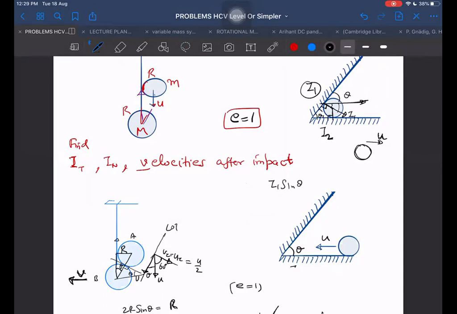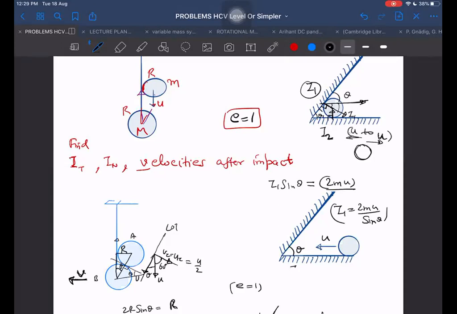Is there any other impulse acting in horizontal direction? No, sir. I2 is perpendicular. Then I1 sin theta will be responsible for the change in velocity from u to u only. So it becomes 2mu. Yes, it will be 2mu. 2mu by sin theta is the impulse. Then I can write I1 equals 2mu by sin theta. Then I am getting I1 from here. I1 is equal to 2mu by sin theta. Understood?